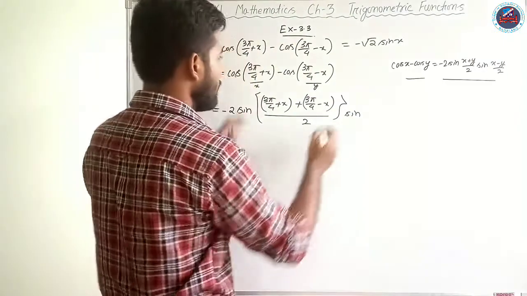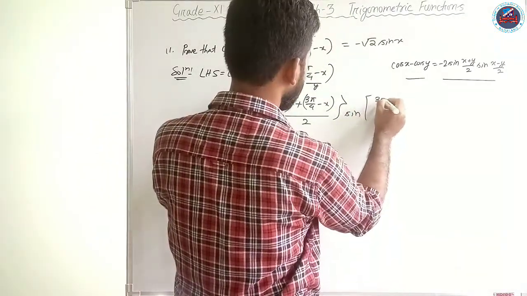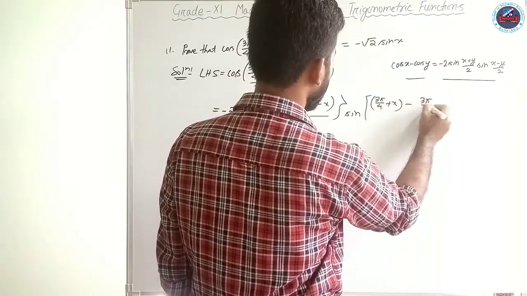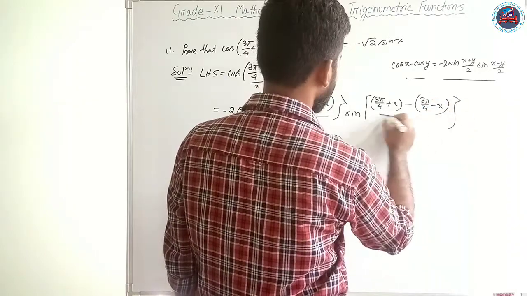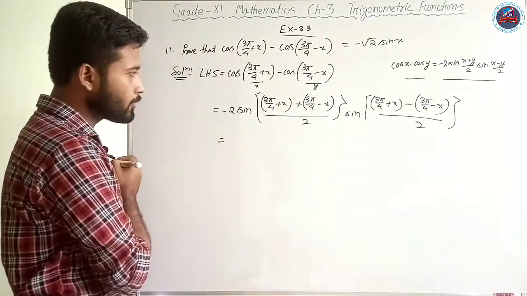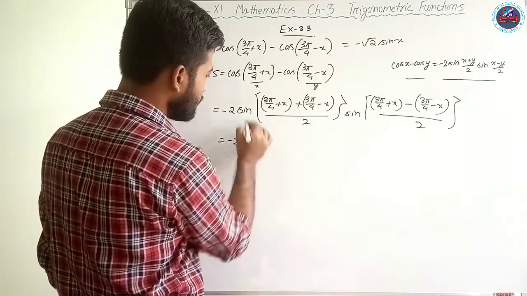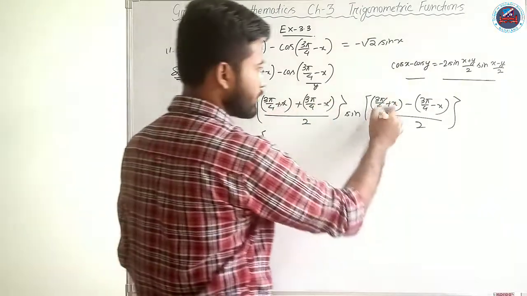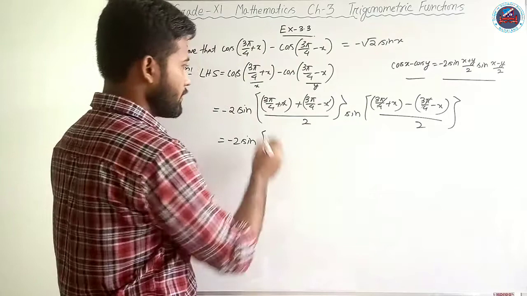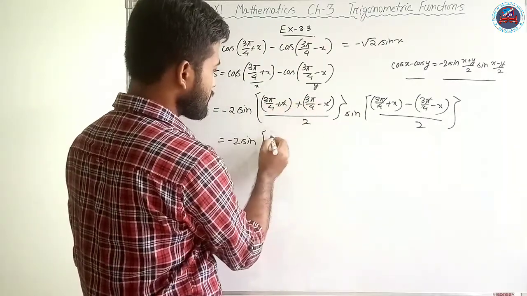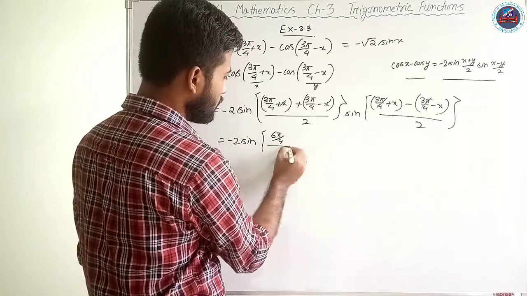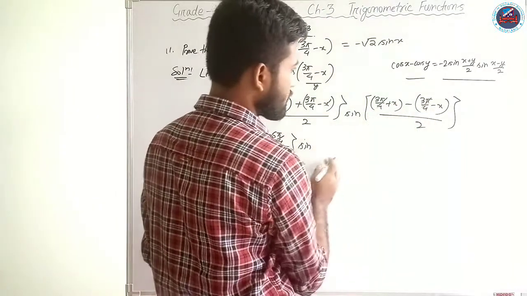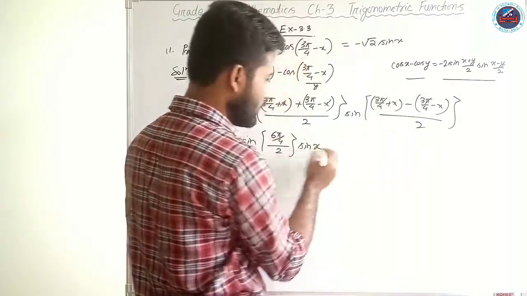And then sine of (x minus y) by 2. So again this is our x, 3 pi by 4 plus x, and y is 3 pi by 4 minus x, divided by 2. Now that is equal to, we have the minus sign here, and here the plus x and the minus x will cancel each other, and the 3 pi by 4, positive and negative, will cancel each other. So we shall be remaining with 3 plus 3, 6 pi by 4 divided by 2, and here we shall have sine of x plus x will be twice x, so twice x by 2 will be x.